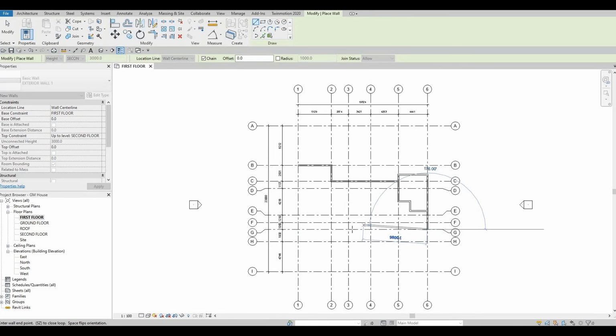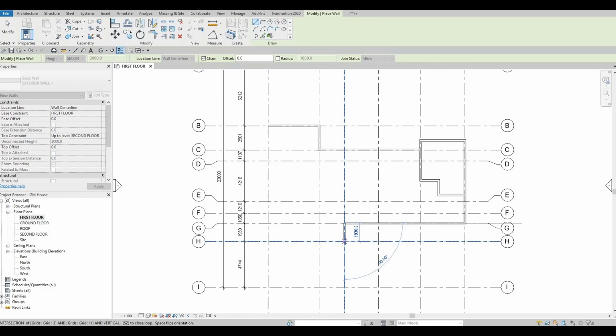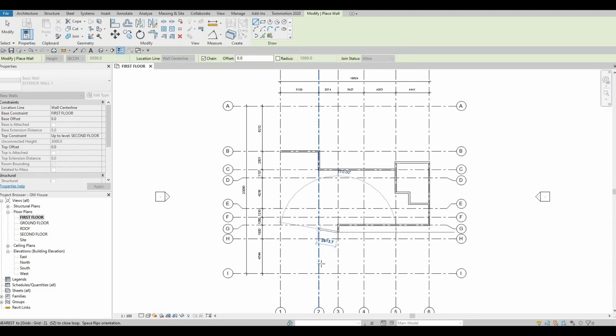So let's look for number 3 grid line, which is right here. This is GE, and then we're going to go down 1000 from there, so pull it down 1000, and then after 1000 just go back here to grid line number 2,